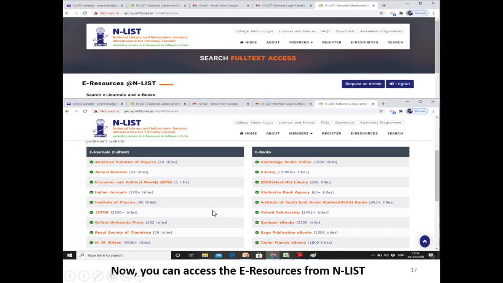After finishing this process, you will reach the e-resources list page. Now you can access all these e-resources available on this page. On the left hand side, e-journals full text are available, and on the right hand side e-books are available. We will see one by one.